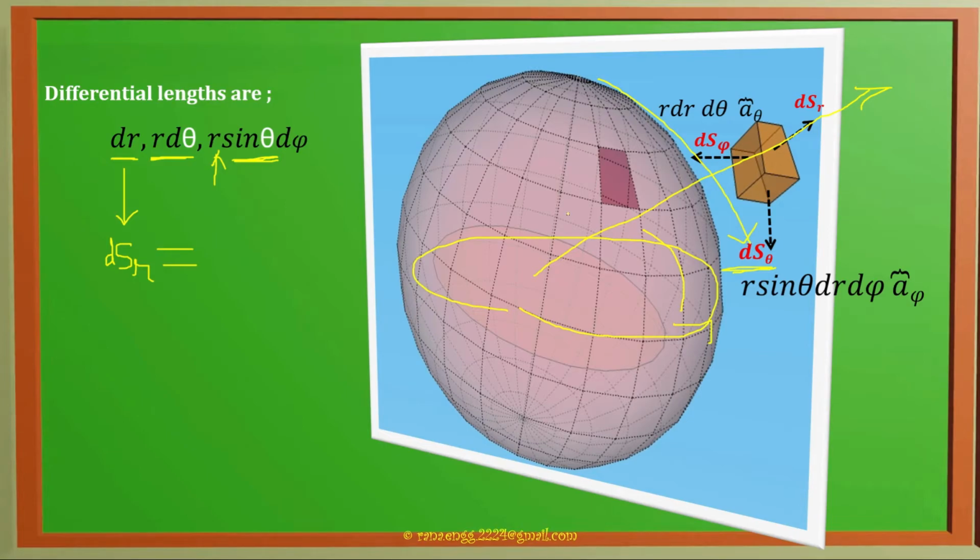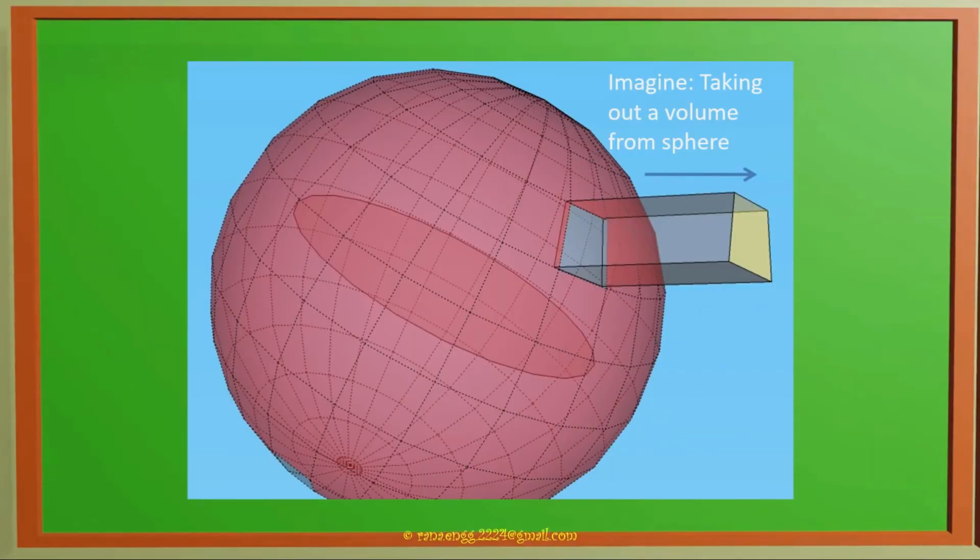So if I want to calculate differential surface for radius constant, radius is constant, so who is variable? Remaining two lengths, length of theta and length of phi. So this dsr will be product of these two terms. And if we want to calculate ds theta, so if ds theta is constant, we have to take multiplication of ds phi and dsr.